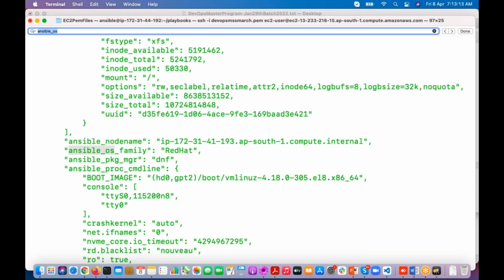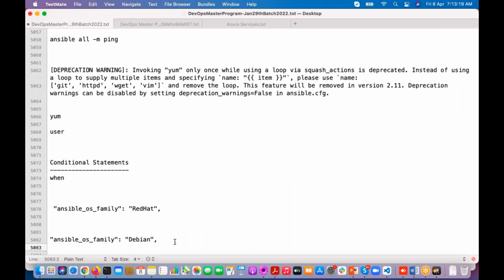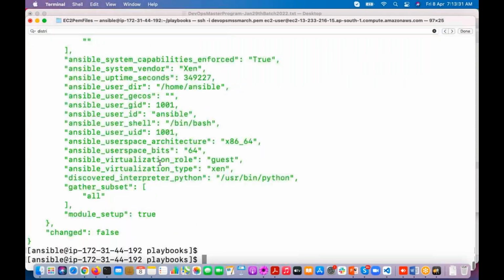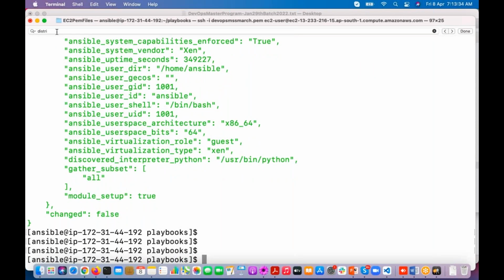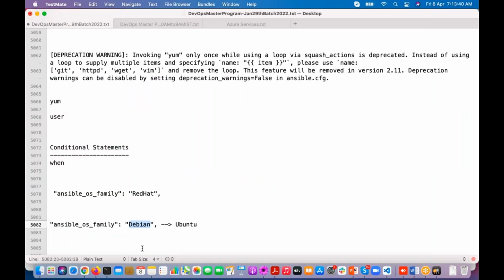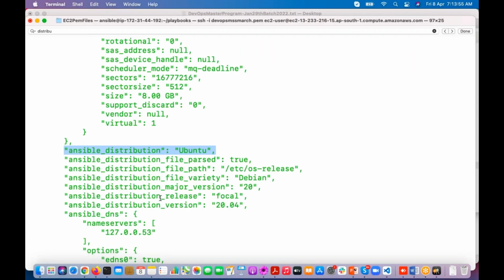Same way, if it is Ubuntu, the OS family is Debian. But if you check the distribution, see, the distribution is Ubuntu. So guys, you can use either this attribute to check the condition, or this attribute. Okay, so now if you observe here,